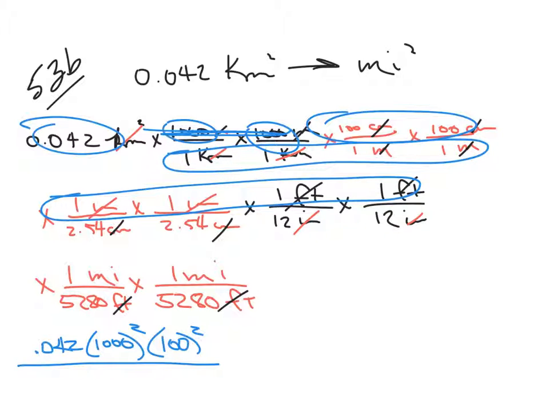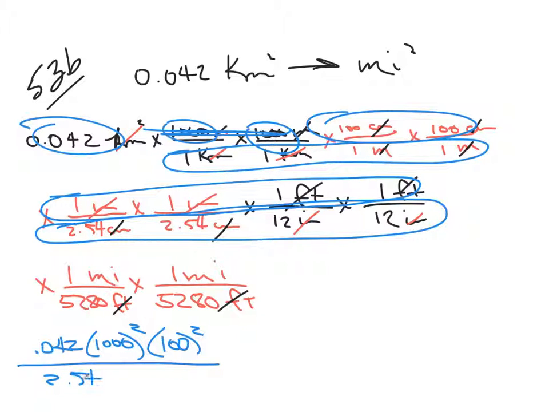Ones are all here, so I don't have to worry about those, but I do have 2.54, and then I have 12 times 12, and then I have 5,280. Okay, and that's where we'll leave it. I'm assuming that you can multiply all these through, and then when you're done, you'll end up getting